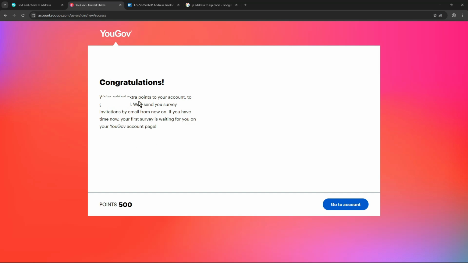But anybody that does this process will also get this. So this is not just the final step where you think you have a working account. Yes, we have 500 points. Now the next step is to go to account. So I'm going to